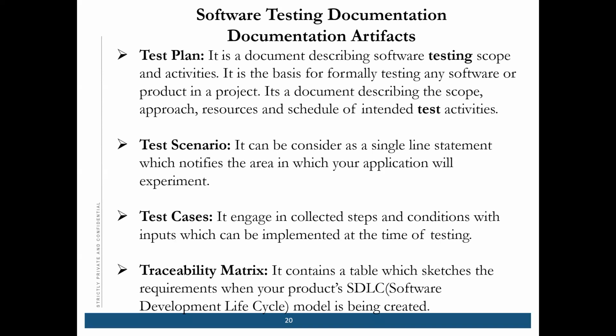It has all the requirements and all the documents. It's a relationship between requirement and test case. Correct. So it's a relationship between a requirement and the test cases. So if all the requirements are there in your test cases, you are okay. But if all the requirements are not in the test cases, then you need to check with your traceability matrix. Okay, I got it.